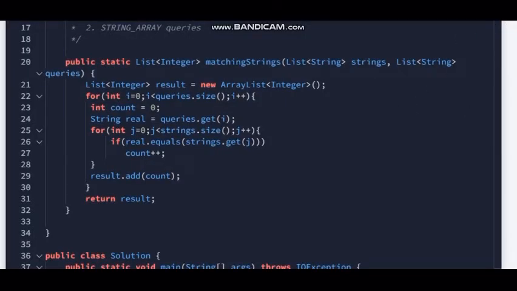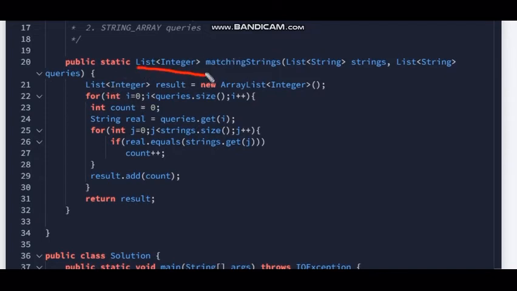As you can see, I have already written the code for time's sake, and we can see what happens here. We have to return an integer list. This function, or method name, is matchingStrings, and we are given these lists of input strings and queries, as you can see here. What happens inside?